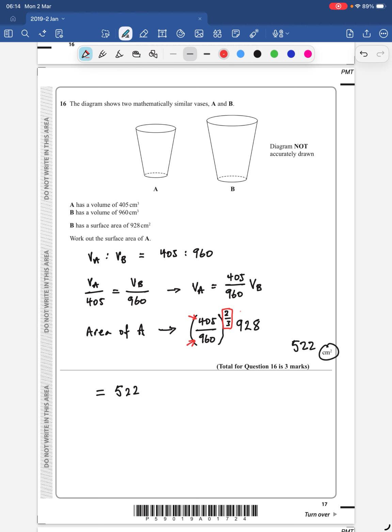So this is, as I've said, the equivalent of taking the cube root and then squaring, and that all seems right. We have a quick think about this number. Does it seem reasonable? Well, first of all, it's a whole number, which is a very good sign, and we can also see that it's smaller than the surface area of B, as we would expect, because A is smaller. Having done all of those checks, I think you're just about right. But bear in mind that this bit here really is the only working that you